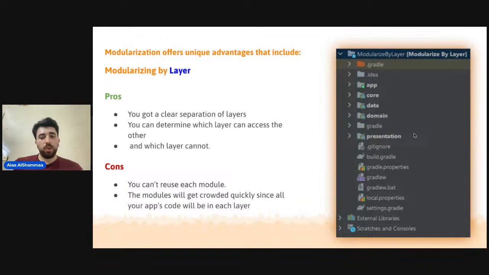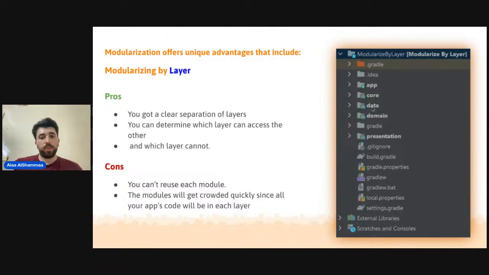The presentation layer is for the UIs and view models. The domain layer has all your use cases for the project, and the data layer has all of your repositories and data. With this method, you have a clear separation of layers, and you can determine which layer can access the other and which cannot.